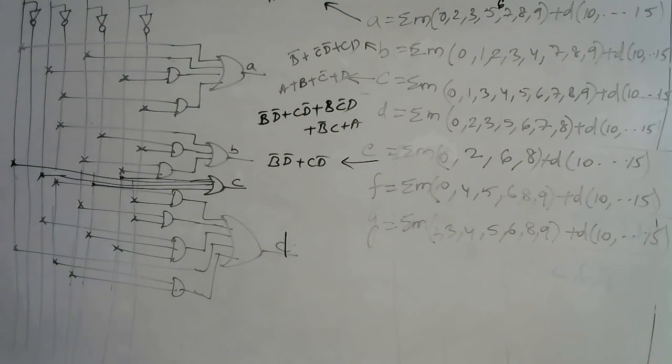This is how to design a BCD to 7 segment display, or one of the applications of a decoder is 7 segment display. So this is how to design a 7 segment display by using a decoder. So I'll summarize this. As it is BCD, the valid BCD numbers are from 0 to 9. The outputs are 7 segments, means we need to have 7. In order to represent 9, the equivalent is 1001. So we require 4 inputs and 7 outputs.